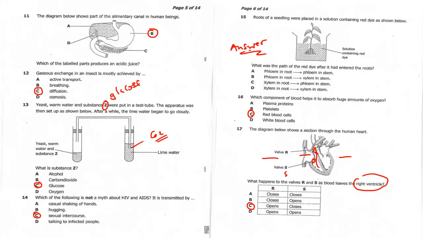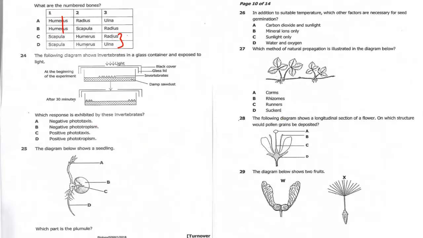So that is what you call the radius. So the answer therefore here is C. How do you master them? You look at the one that is on the outside part, on the inside part. Which one is the radius? Which one is the humerus? I mean, which one is the